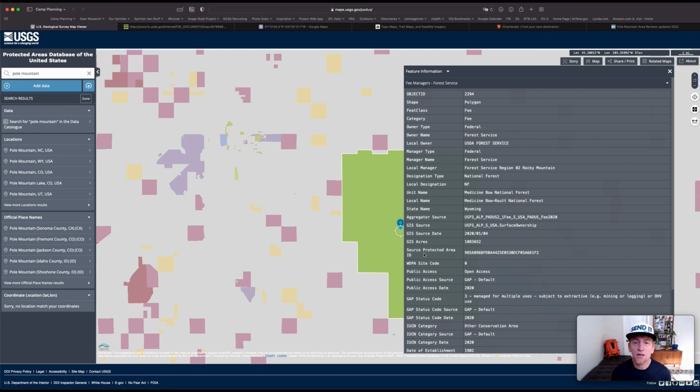So if you click on that area, what you want to do is find out who the land manager is, right? We know now that it's the US Forest Service, but you also want to find the unit name and local name. And you'll see here under unit name and local name, it's the Medicine Bow National Forest, or Medicine Bow Routt National Forest. Okay, so that information is going to be key for us in the next step of the process,